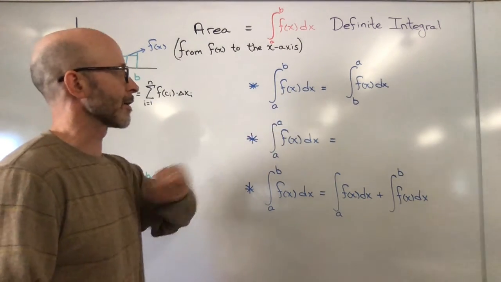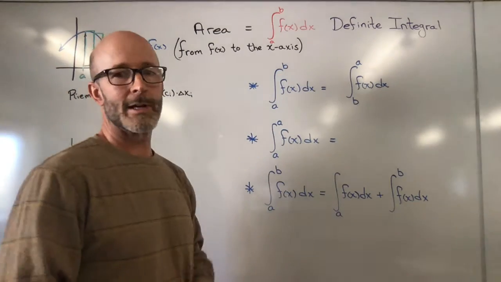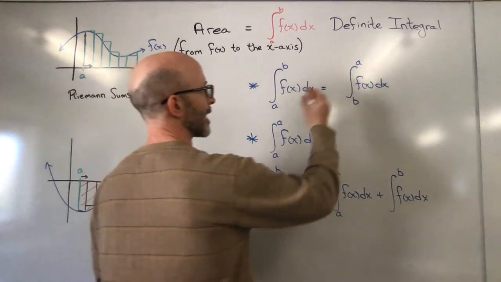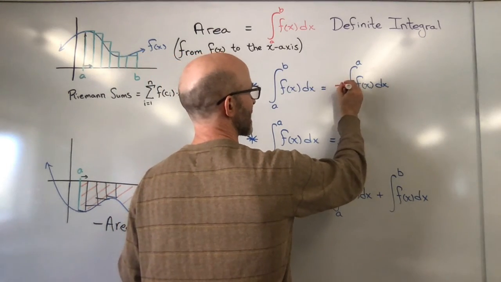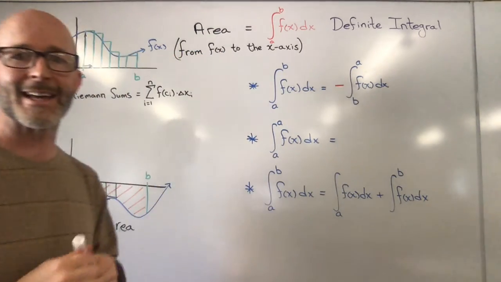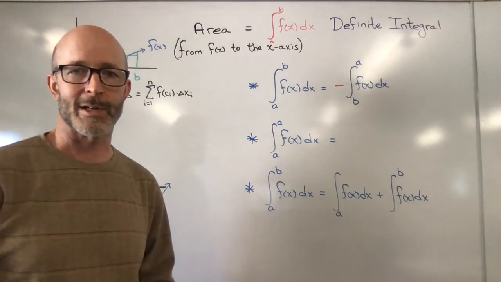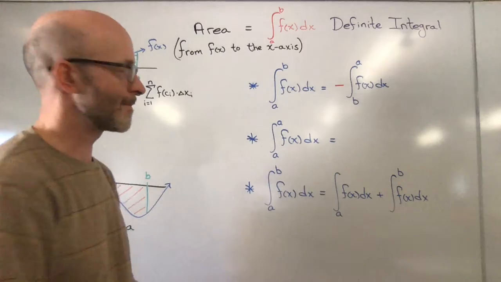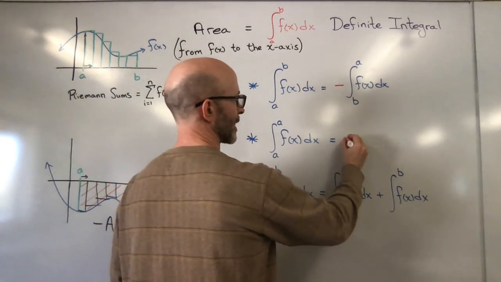Likewise, when we get up here, what if I switch the direction, my starting and ending points? Well, if I start on the right and go left, now I have the same height I did before, but a negative width. In other words, I'm just switching the direction. It's now going to be a negative area. If I start and stop at the same point, the area is